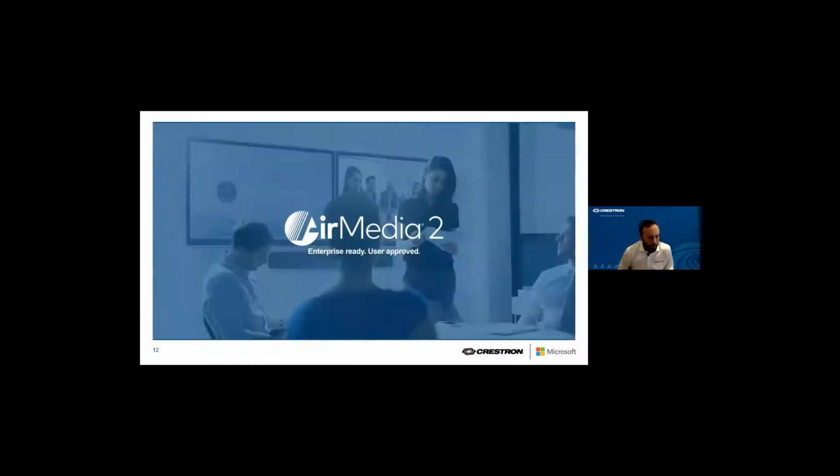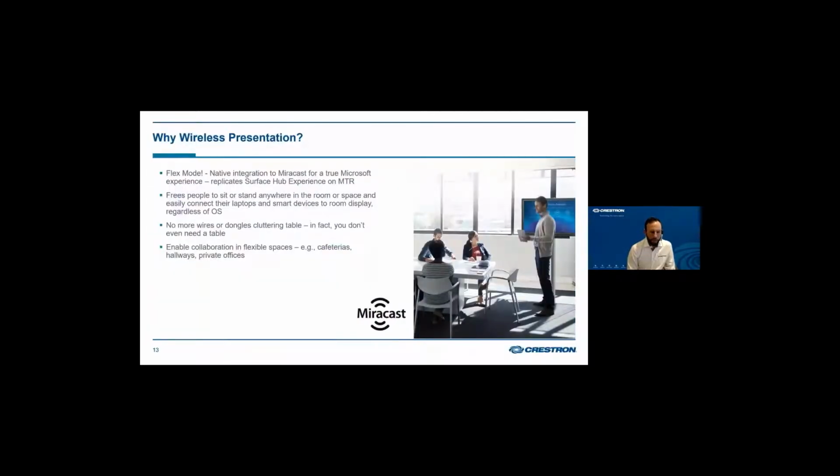So we talked earlier about the value add with Crestron and the Crestron Flex, and one of those devices is AirMedia. Now, AirMedia is an enterprise-grade wireless presentation platform that we've had to market for a number of years. And in recent times, we gave it a real uplift, and we've changed the wireless presentation technology to be an in-house platform, which does so much rather than just wireless presentation.